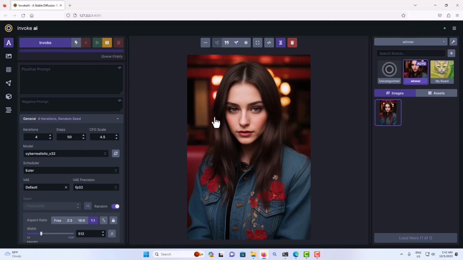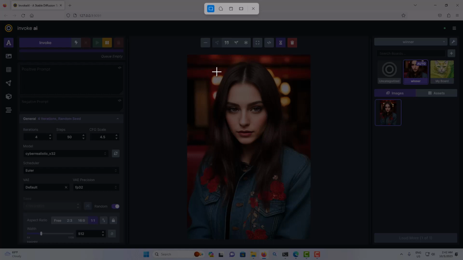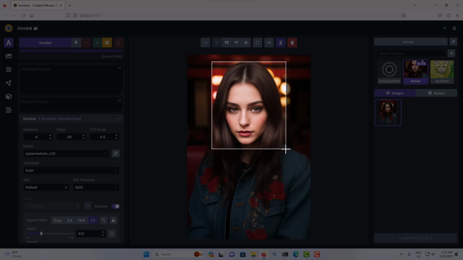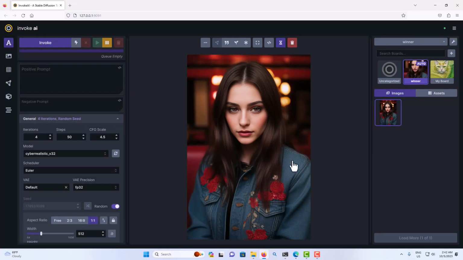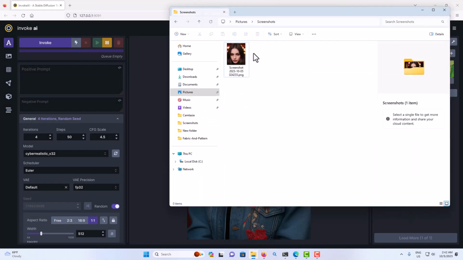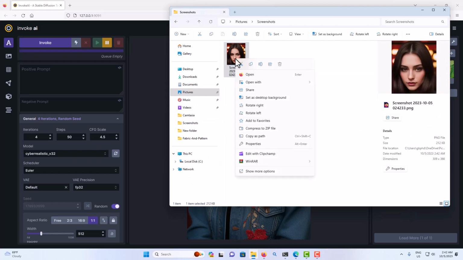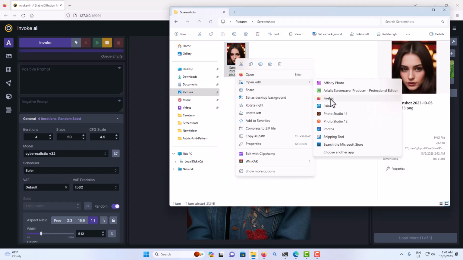I know there's other software that can extract information, but see if they can do this. I'm going to use the print screen on my keyboard. It's going to bring up the snipping tool, and I want to focus on an area and ask GPT something here. So I'll select the face here. This is the area I want to focus in on, to give it a little bit more focus on the area I want to show it. Alright, normally I bring up the snipping tool and I can edit it, but it's right here. So what I'll do is open with the snipping tool,